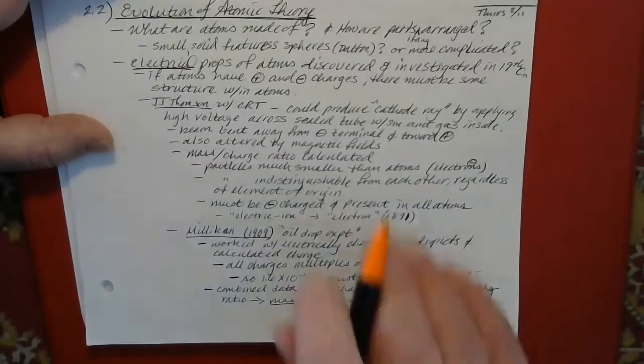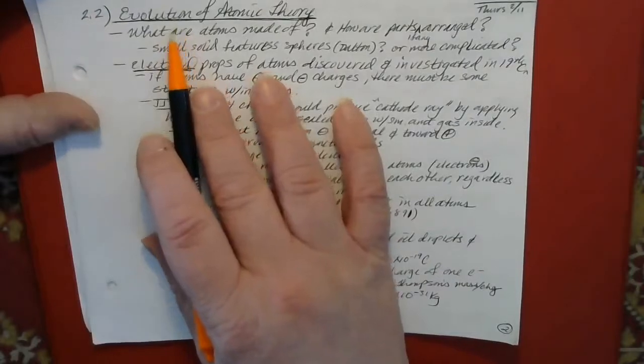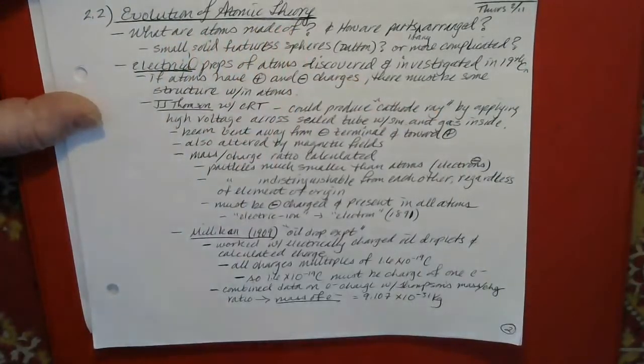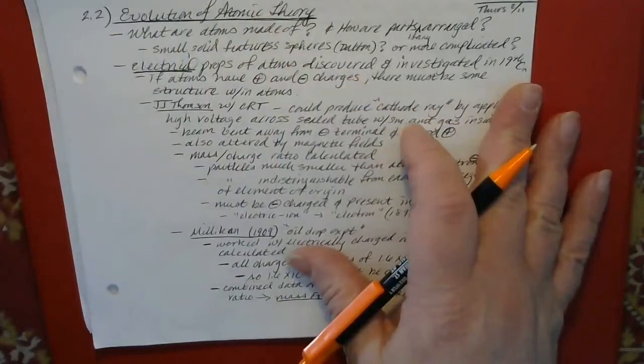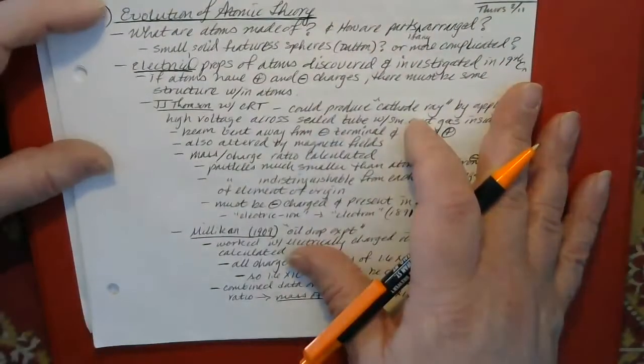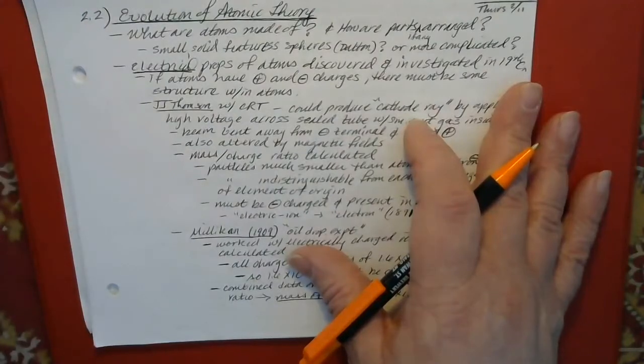Okay, well, to pick up where we left off in class last time, we were just about to start talking about the evolution of atomic theory. And we know from what we were talking about in class that we had evolved up to the point where the scientific community, anyway, had finally basically decided that atoms really do exist after about 2,500 years of believing that they didn't,